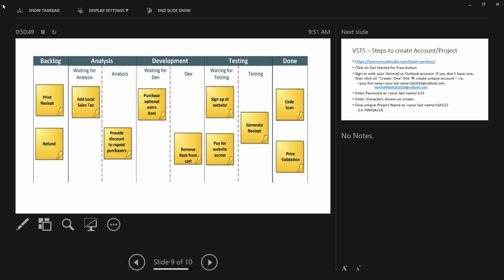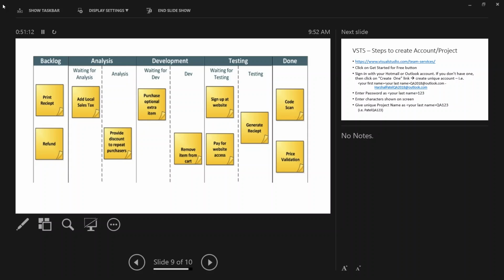Now this varies from company to company. The board may not look the same, but the concept remains the same. It's mainly visual communication among the team members about where the project is and what the goal is. Every company has either a visual or a digital one. If they are using tools, then it will be more digital.